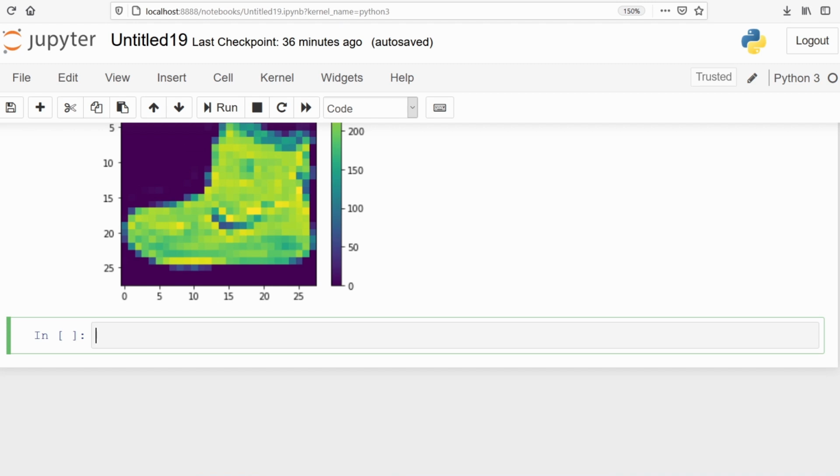Now we will start data preparation for the deep learning model. As I have told you earlier, a neural network does not take input greater than 1, so we will have to bring all the values between 0 and 1. To do that, we will divide each sample by the maximum number, which we have seen is 255 in our X train data set. So we are going to divide each and every sample by 255 to bring it down between 0 and 1.